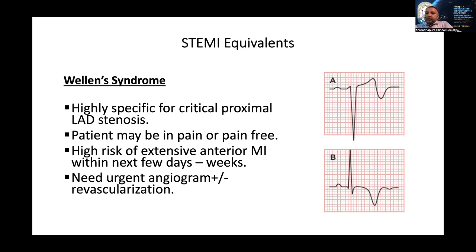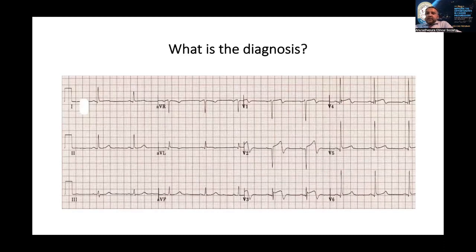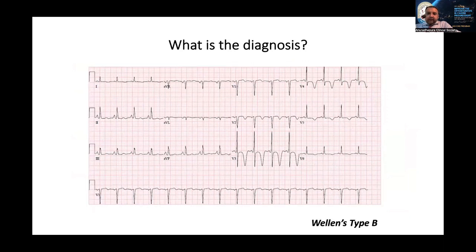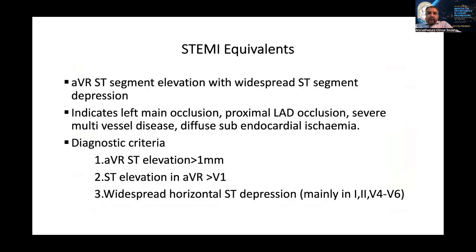This is one kind of Wellens ECG. You can see only very minimal changes, especially in the anterior leads, with biphasic T waves. If you have even a slight doubt, note that these patients sometimes don't have a positive troponin. If the troponin is negative, you tend to discharge them without proper follow-up or guidance, and they ultimately end up with a massive anterior STEMI. Some patients even die because of that. This is another pattern of Wellens ECG.